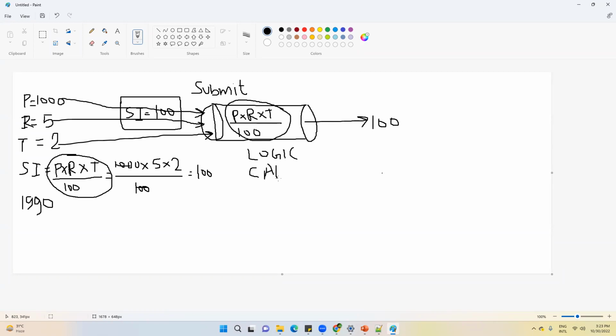Calculations, transformation, formula, everything is happening inside this. Because everything is happening inside this, which is a black box for you, it is known as a data pipeline. You are inserting data inside this pipeline, and within this pipeline, you are applying this logic, this formula.